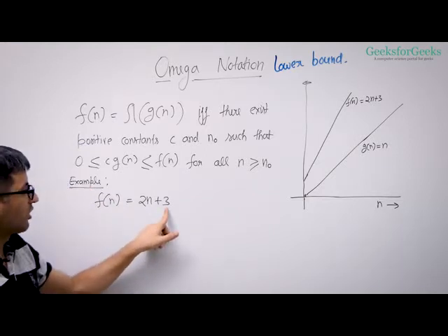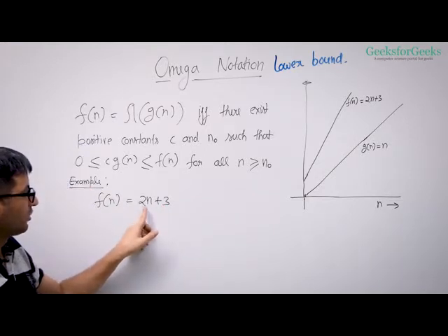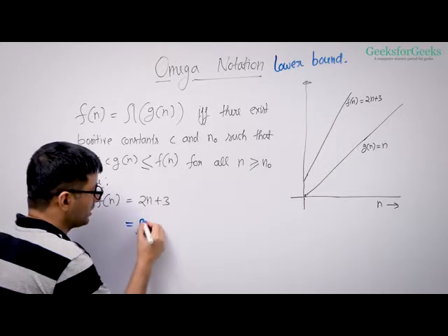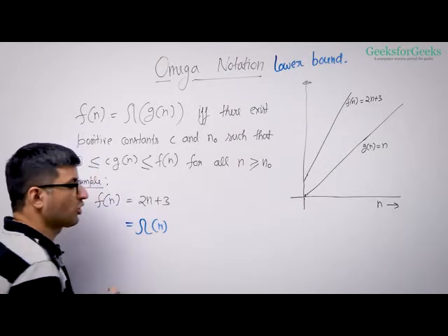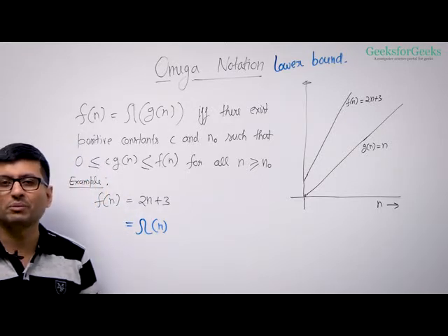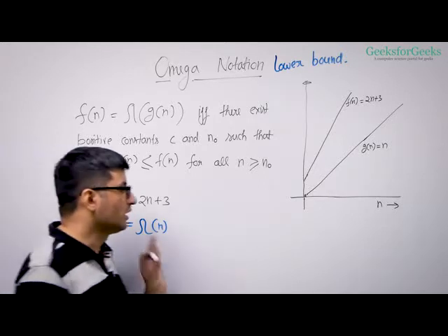If I ignore the lower order terms, I can ignore the 3, I can ignore the 2, and I find the order of growth as n. So I can put that in omega. Right? That's a shortcut to find the order of growth, and the exact order of growth can be put in omega notation. Let's see another example.